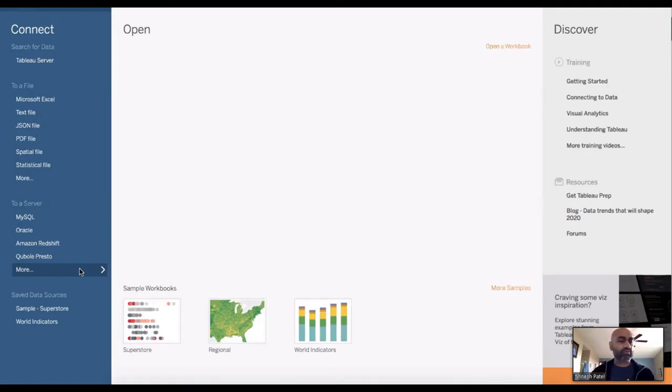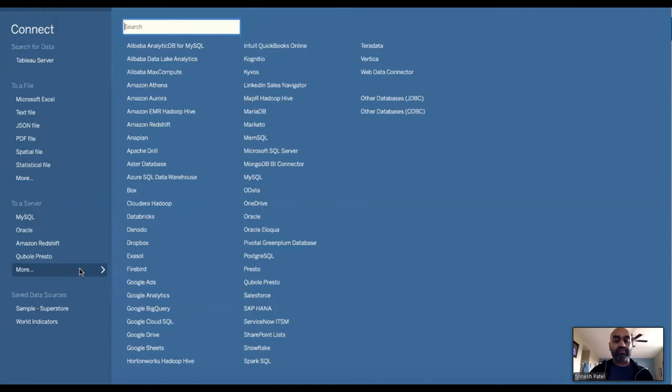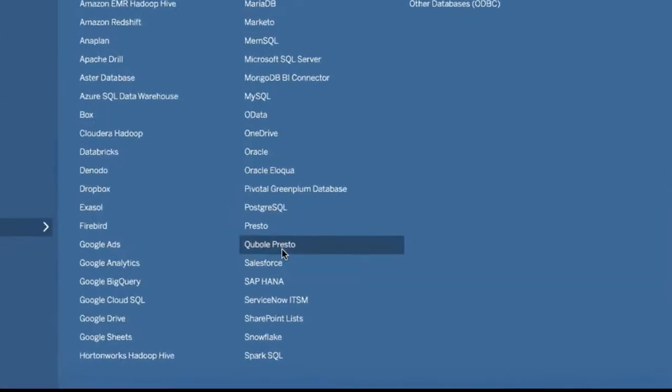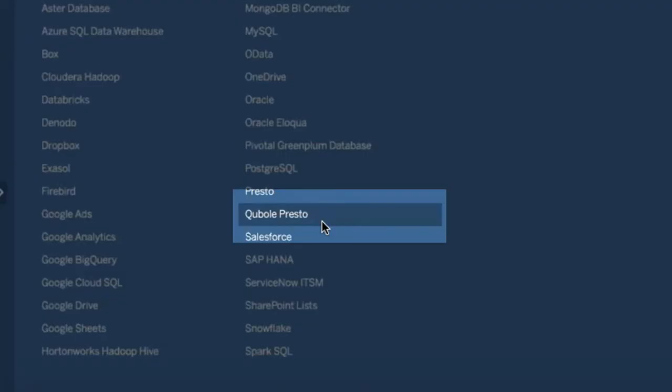Tableau is one of many BI or analytics tools for the analyst persona. A lot of our customers will have groups of analysts that want access to running queries against the data lake, building dashboards and exploring the data that's available in the data lake. Tableau is one of the many tools that Qubole supports. In fact, for Tableau specifically, we have a native connector built in, as you can see here, Qubole